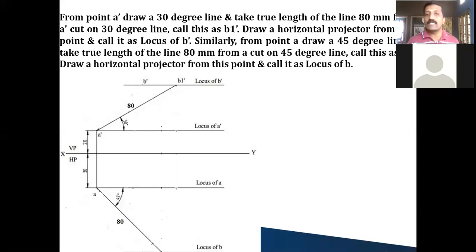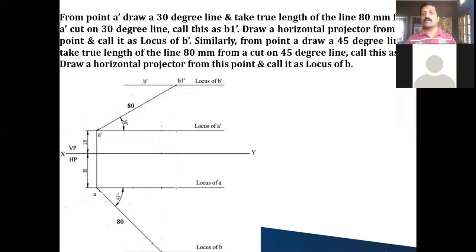This is not your front view point, it is a true length point. That's why I won't call it B dash; I'll call it B1 dash. So A dash and B1 dash, you make medium thick. It is the true length of your line in the front view. This completes your true length diagram in the front view.